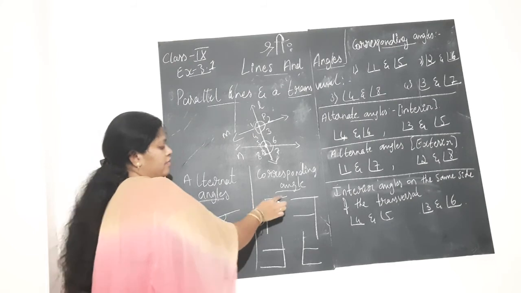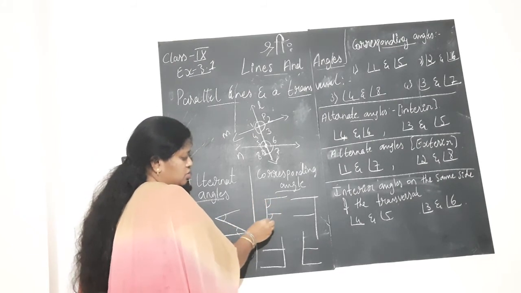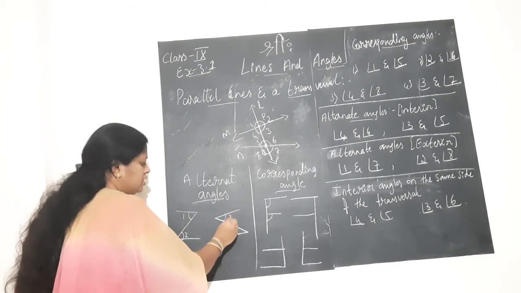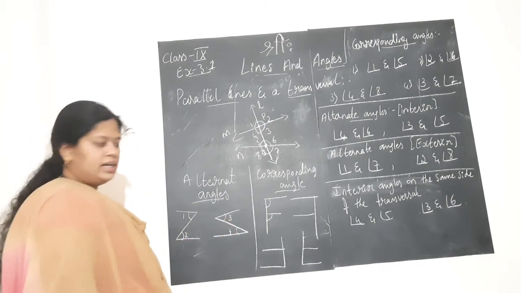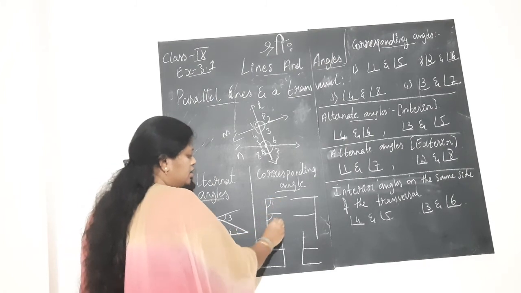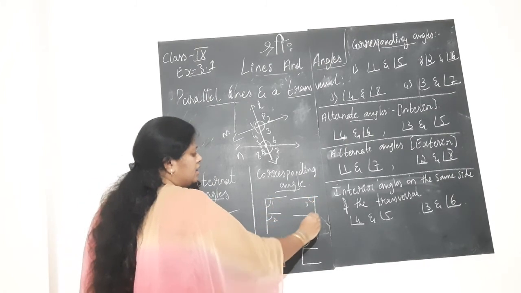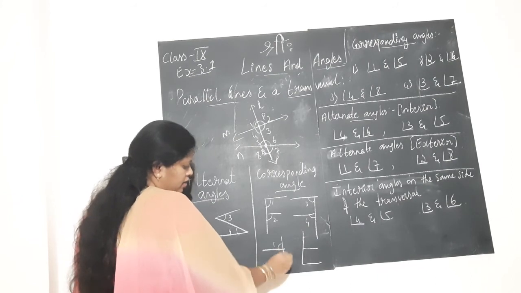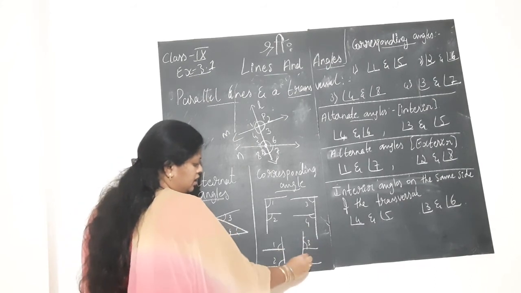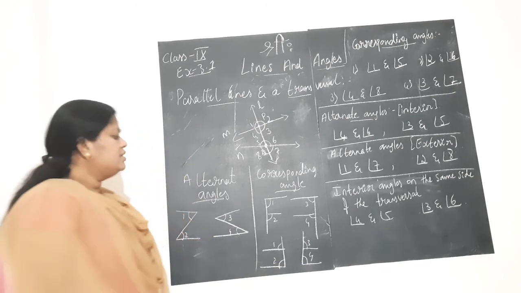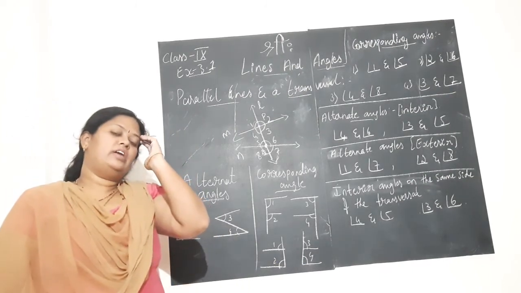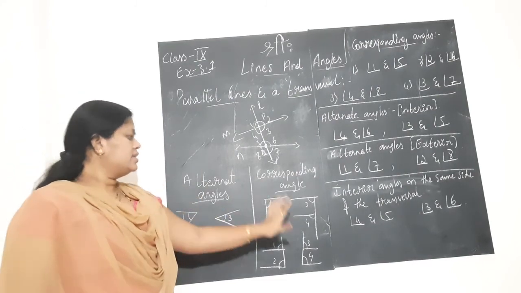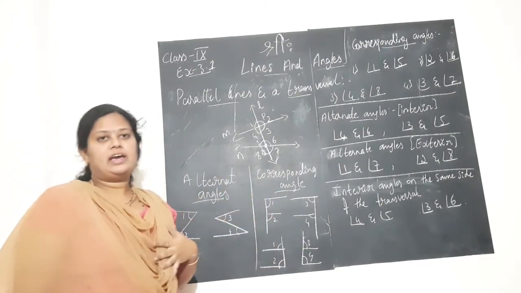No, you are wrong. Where two lines meet, see, these two angles are corresponding. I will mark 1, 2, 3, 4 are alternate angles. 1, 2, 3 and 4 are corresponding angles. In this case, 1, 2, 3 and 4. Like this you will find out the corresponding angles, children. Alternate angles are Z-shaped angles, corresponding angles are F-shaped angles.